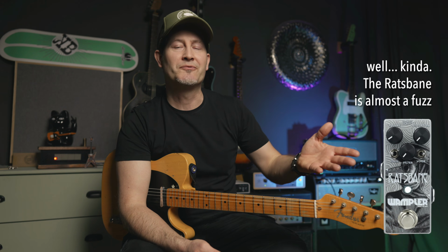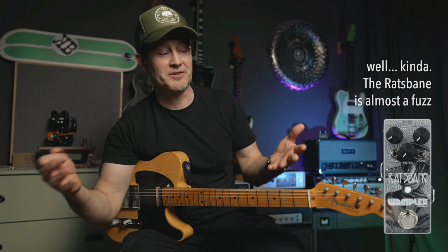This is big news. Wampler just released a new fuzz pedal after what, 12 years or something? I mean, you'll see a Wampler pedal coming out quite frequently. Same goes for fuzz pedals, but those two things don't really come together very often. So if you love both the brand and love fuzzes, this is kind of big news, and I'm dying to